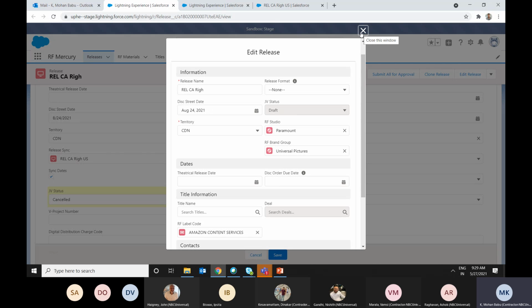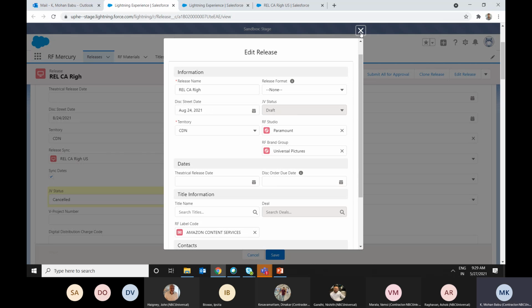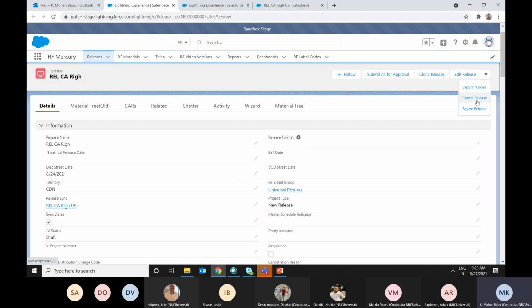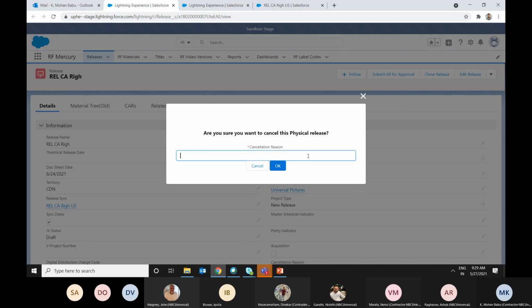We will see the change task in a moment. So this is how the edit release functionality works, and we have the cancel release. Again, this is our component. We'll be getting the reason for the cancellation.